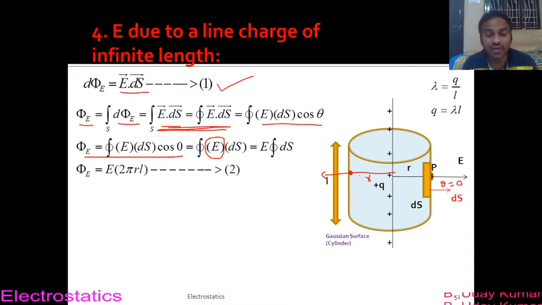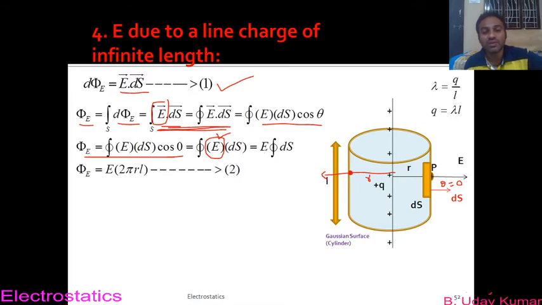So if you consider any point on the curved surface of the cylinder, that point is going to be at an equal distance, which is r. So at those points the magnitude of electric field intensity will be constant, but its direction will be different at different points. That is the reason why we cannot take the electric field intensity vector outside the integration. But here I can take E outside the integration because it is the magnitude of electric field intensity. Since the magnitude is a constant here, from the diagram you can take it out.